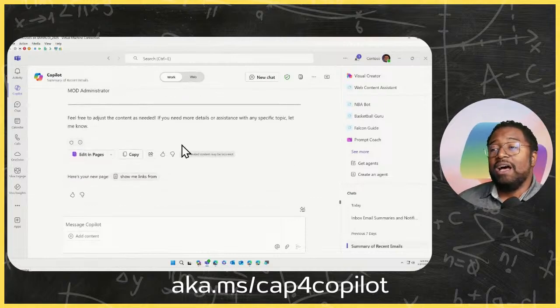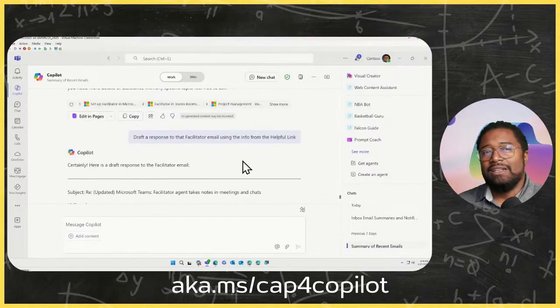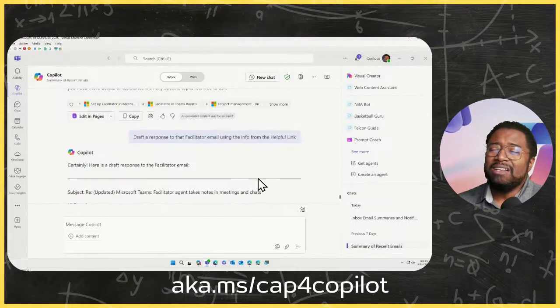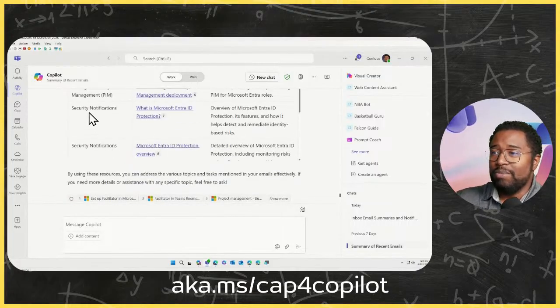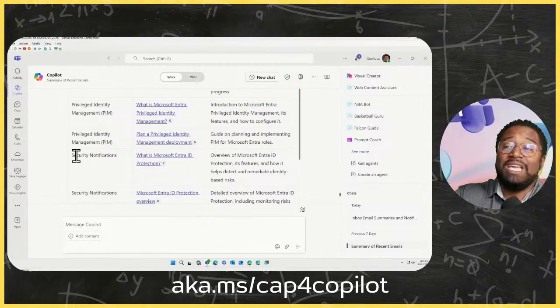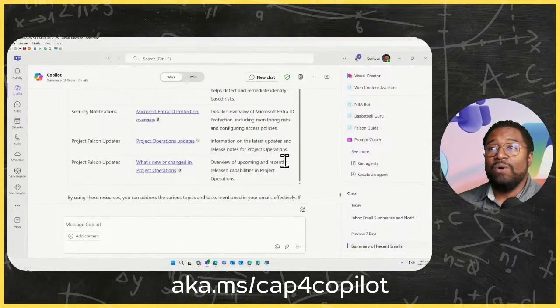So I kind of went from that summary and just kept going with that session to say, okay, you summarized it. Now help me research. Okay, you gave me some research tips. Now help me compose the reply. And I could have done that for any one of them. I mean, I could have said, help compose a reply to the security notifications email. And I suspect it would have known which one I'm talking about and would have done that accordingly.